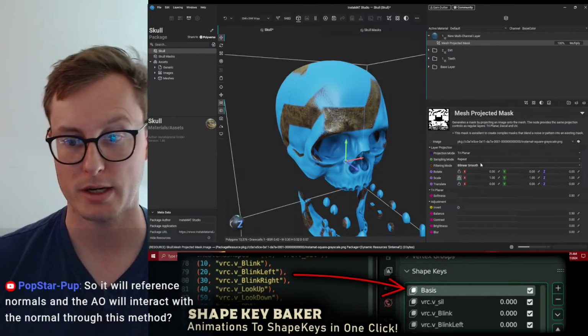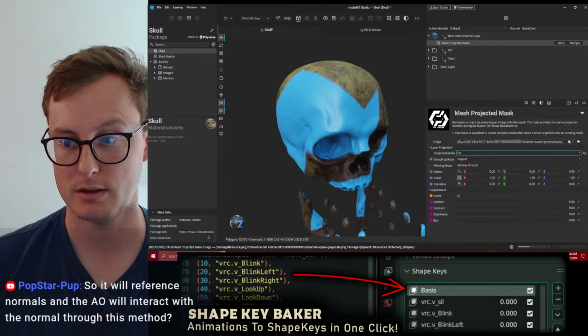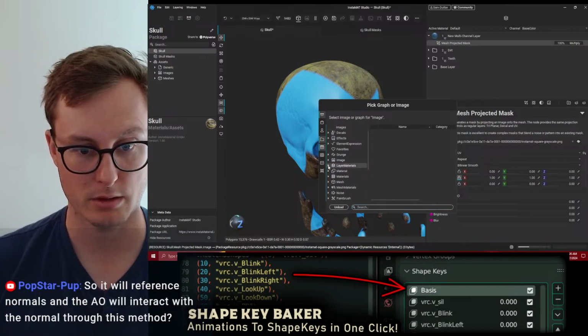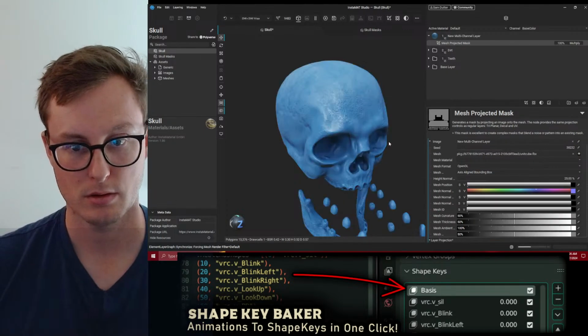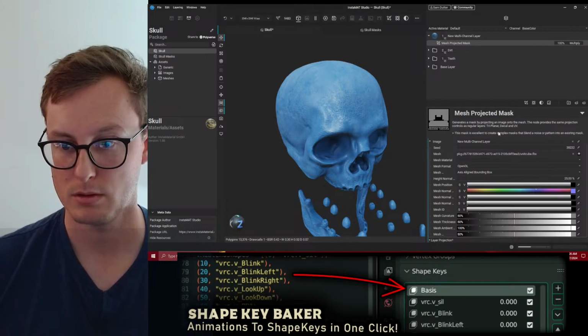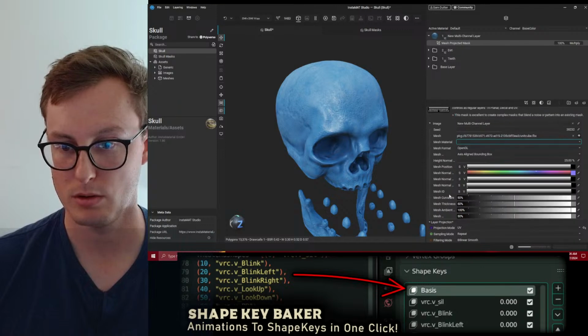And the mask will do projected based on UVs, and the UV projected, what we want to do is the thing we just made, that material, layer material. This one. Whoa.